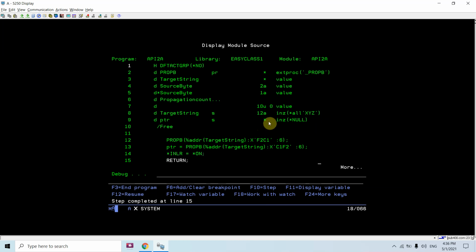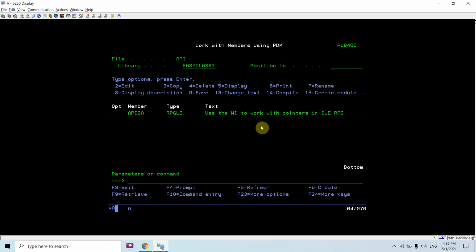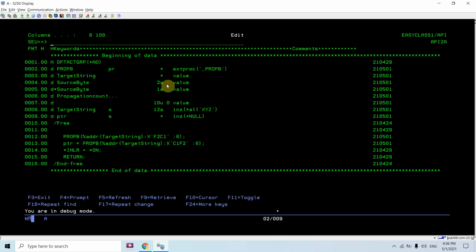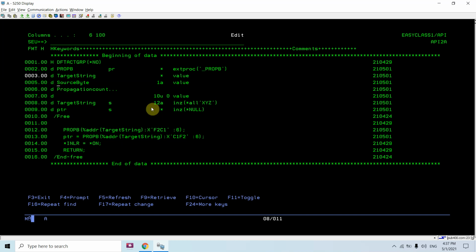So this way you can propagate the bytes. Now that's what I showed you, that the rightmost byte would be passed. Since I know that the rightmost byte would always be passed, it does not matter to me that I would take a 2 byte length source byte. I would always be taking 1A as a source byte, because always the 1 byte that is the rightmost would get passed. If I take 2A, it's of no use to me, because the left byte would always be skipped. So always take 1A.